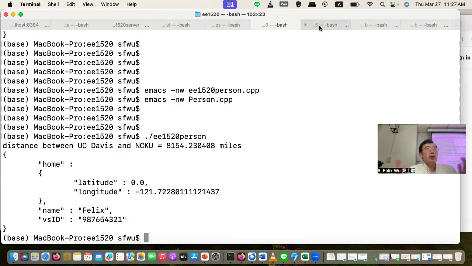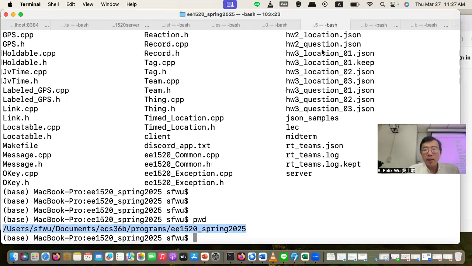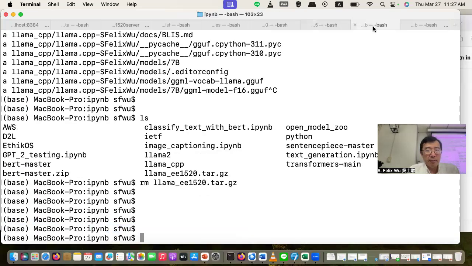Okay, so I'm actually going to use a different example. So far I only taught you two things. One is person, one is home. I'm going to tell you something more complicated. Let me actually bring up a JSON, which is not this one.